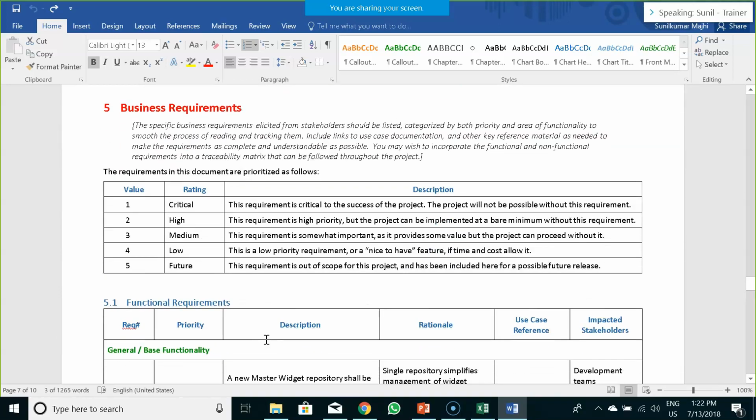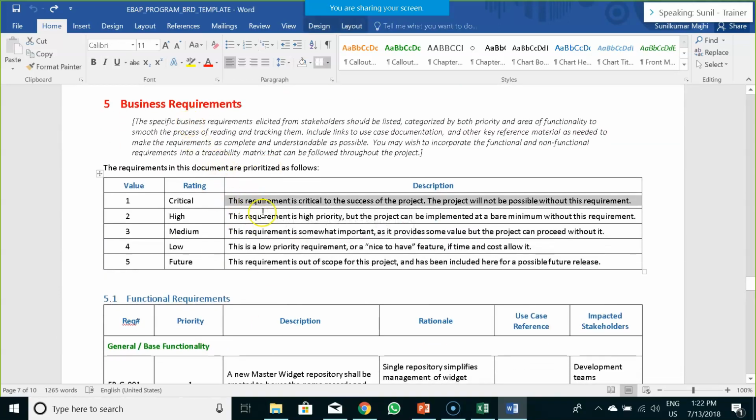Now, out of these specific or business requirements, based on the categorization of requirements, each single requirement can be detailed out in a separate functional specification document. Each of these requirements can have one FSD associated with it. So one BRD can have multiple FSDs. It's not that there would be only one BRD and only one FSD. BRD will always be one in a particular project, but functional specification documents can be any number, depending on the scope which you have created.